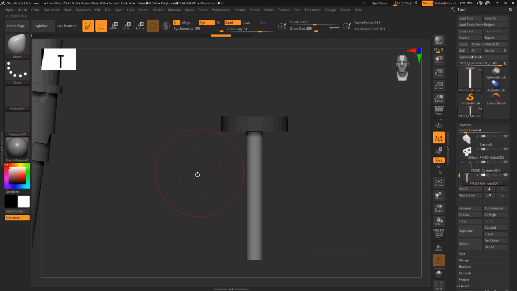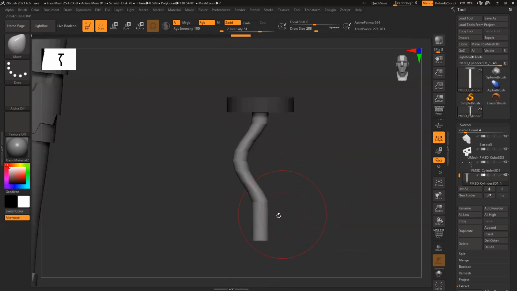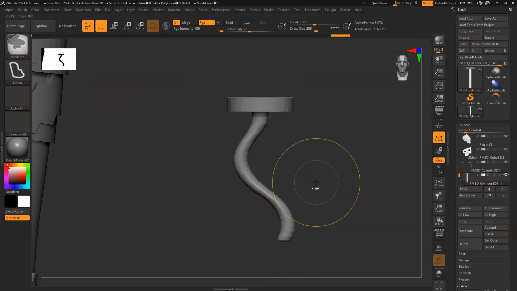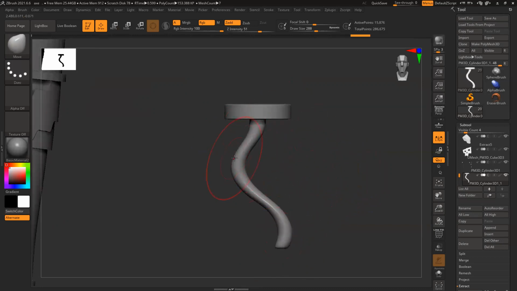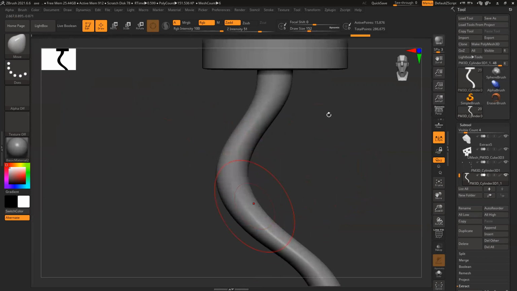Z. Don't worry, it's so wavy and all. Control D, D multiple times. Now I want to make it a little edgy and angular. Reduce the brush size because there wasn't enough polygon.